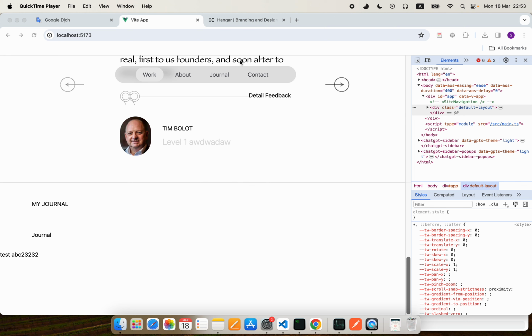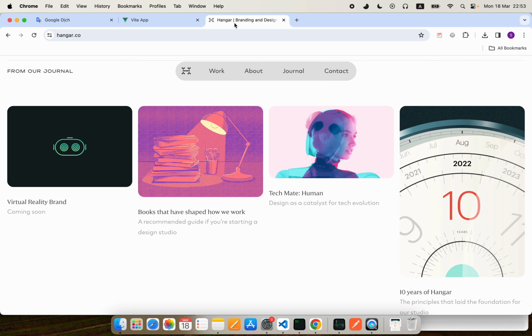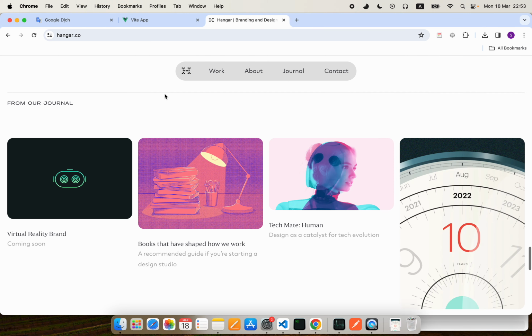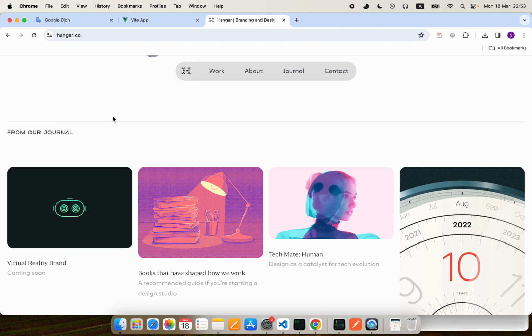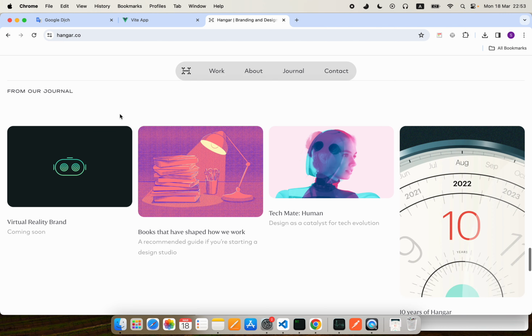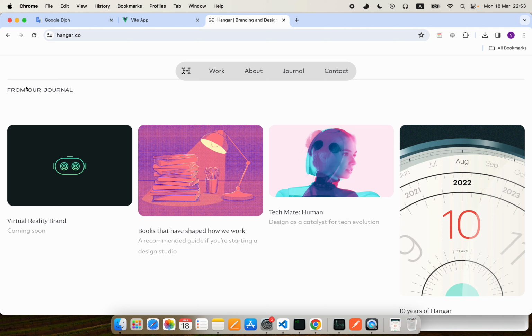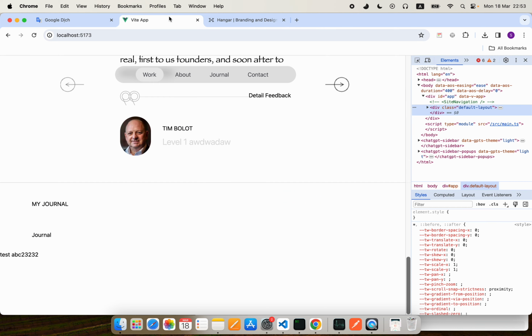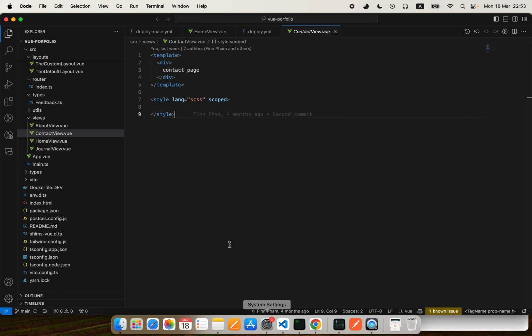It's my journal, and actually I'm not a designer, so I'm just following another framework and applying it to my portfolio. Okay, so today I will focus on the my journal, and maybe I will clone this section, and I refer from the Hanga cell. Okay, let's move on. The first thing,